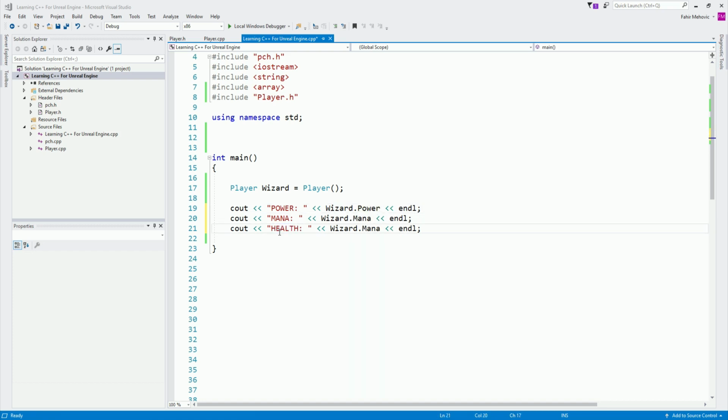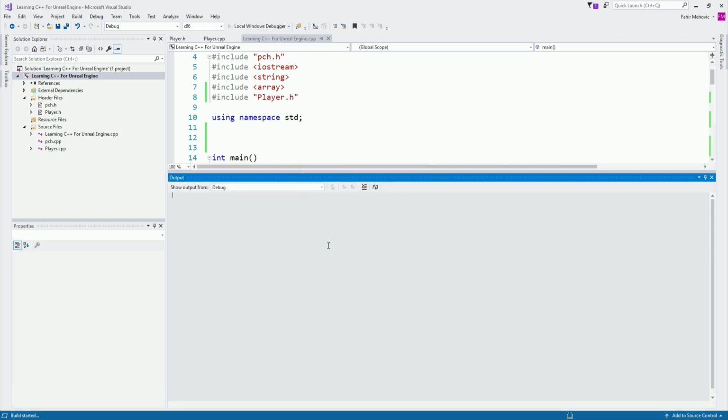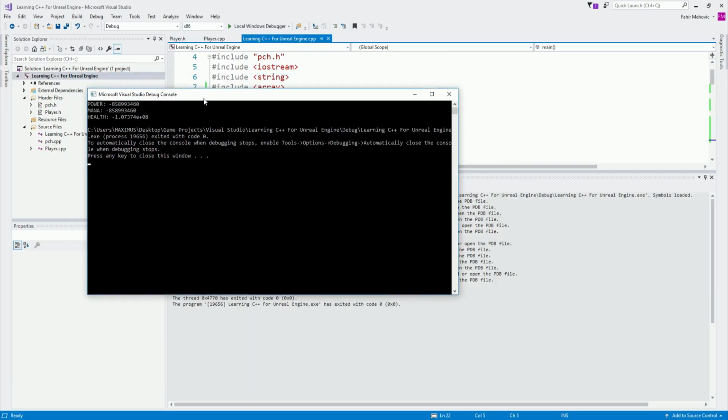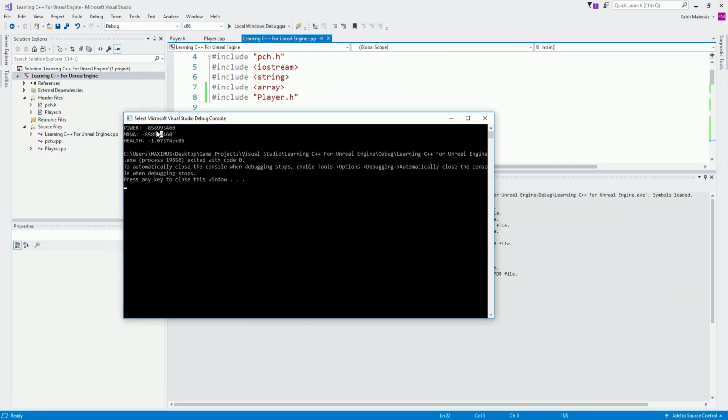If I run this and print it in the console, we will see that we have the default values, which are some crazy numbers that we don't want.